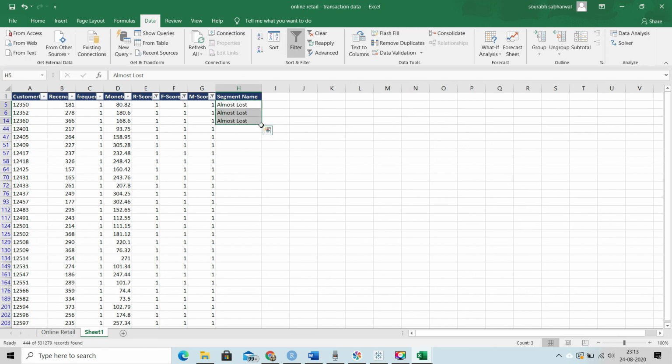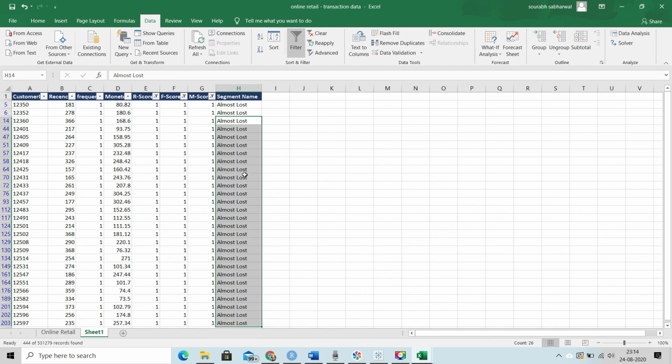And the same way, we can give different names to different kinds of segments, and the marketing team, based on the segment's name and customers associated with them, can build different strategies: what kind of emailers, what kind of promotions and offers to send to almost lost customers, and to people who are already loyal, what kind of promotions, let's say, they can send them emailers of the new brands that are associated with them, so that those people can buy the new brands as well.